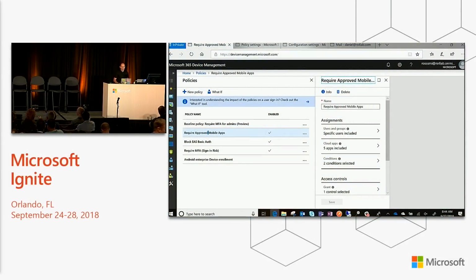So I thought I would show what a conditional access policy is, so that the slide I did was not made up by any means. So I have here a policy on require approved mobile client apps. We can see that in terms of